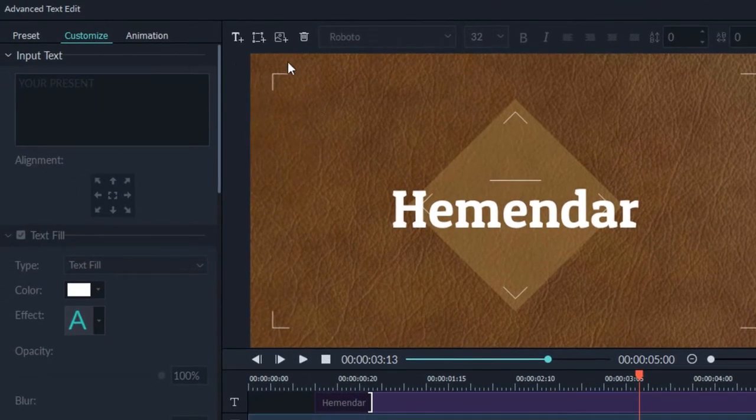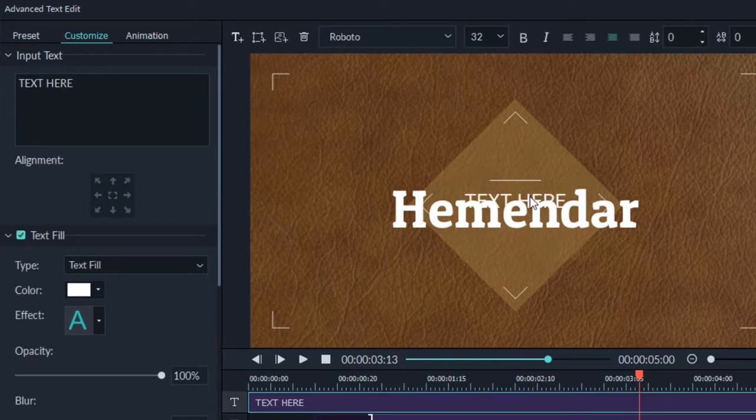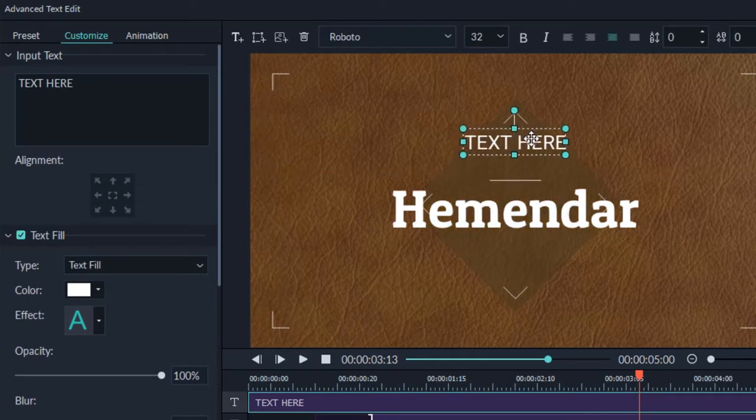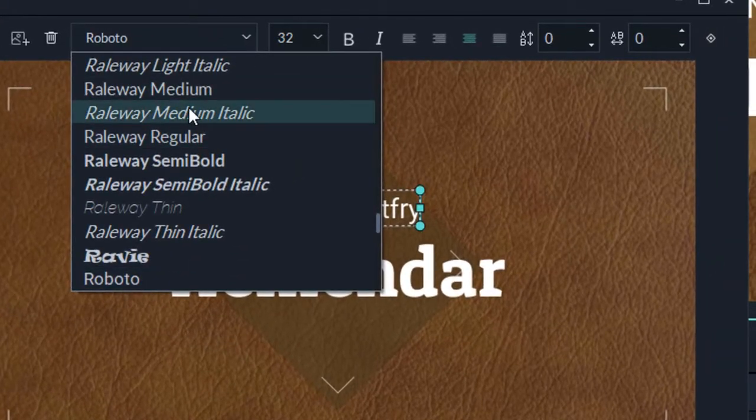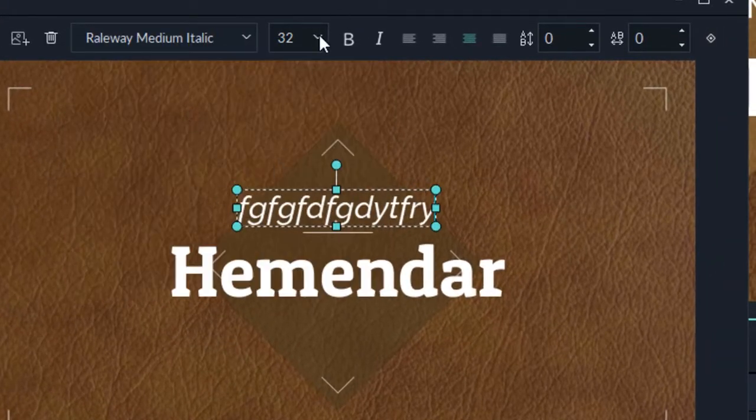For example, if you need a new text, you can simply click the T plus symbol from here and a text appears here. So you can select it, change the placement, and if you want to change the text, you can just simply double click it and change it to whatever you like. I'm just typing whatever comes to my mind, and you can select the font from here, whichever you want. For example, I'll select this font, and you can change the size from here. You can even type in it.